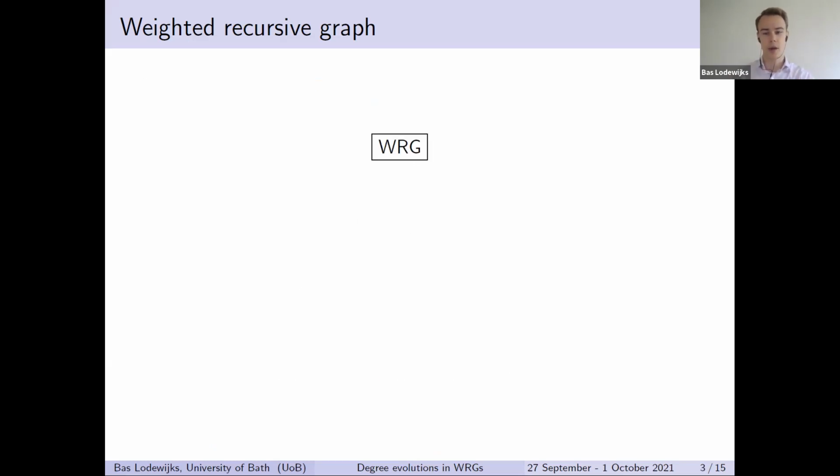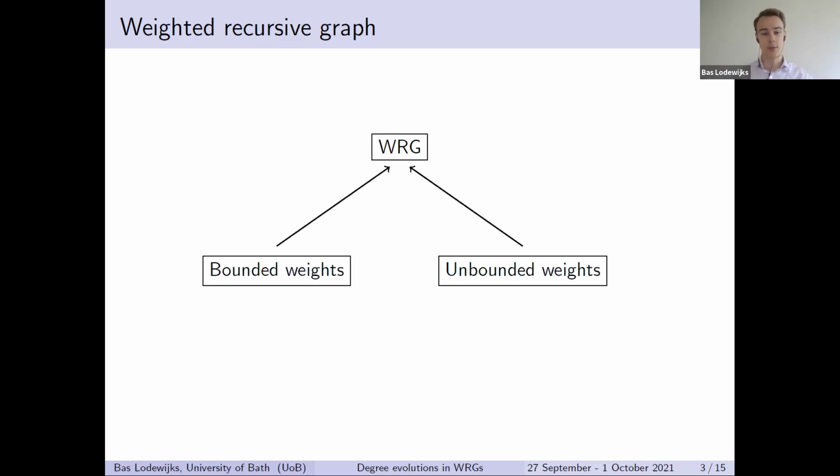The behavior of this weighted recursive graph model is highly dependent on the underlying distribution of the vertex weights, and we can classify this into two main classes. That depends on whether the weights are bounded almost surely or whether the weights are unbounded. You can think of uniform 0-1 weights or exponentially distributed weights, for example, for each of these two classes. In the unbounded weight case, the behavior of the graph is mainly determined by a competition of age versus having large weights. That is, the label of the vertices versus their weights.